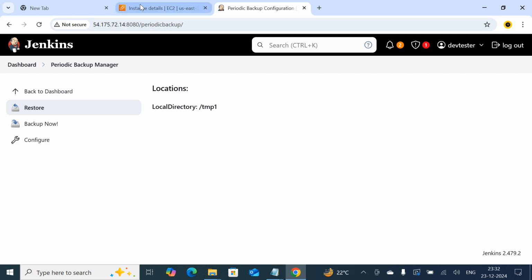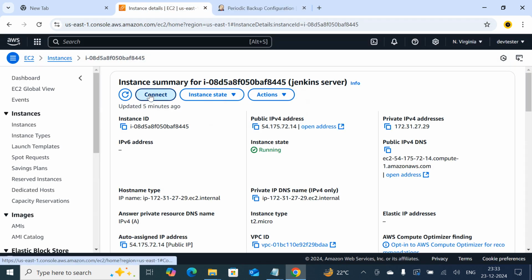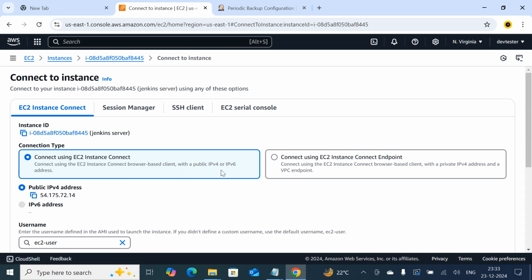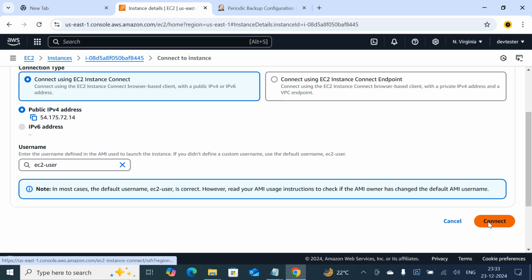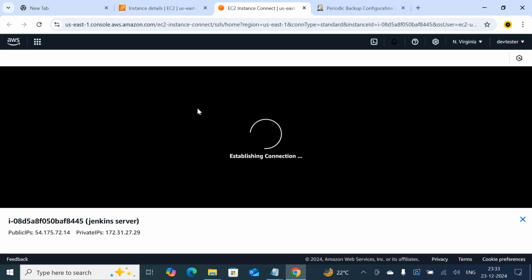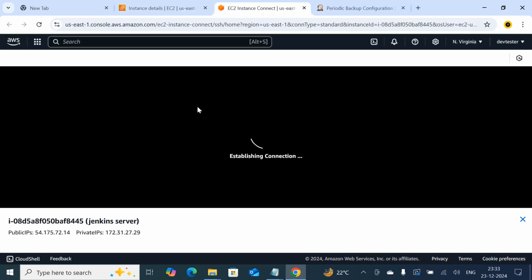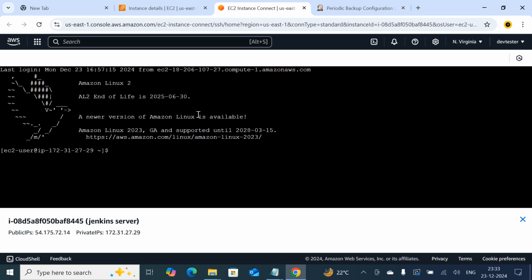If you want to check the same, just log on to your Jenkins server. Right now, from the AWS console only, I am going to log on instead of using the SSH client. Just click on connect. It is going to establish a connection from the AWS console to the Jenkins server which I had created in the AWS console in the Northern Virginia region. Type sudo -i in order to log on as the root user. Just type ll,